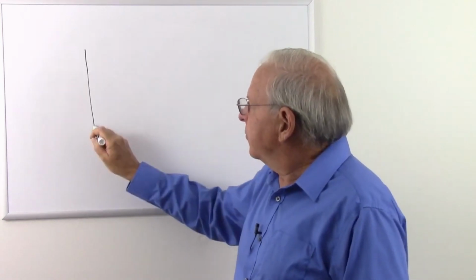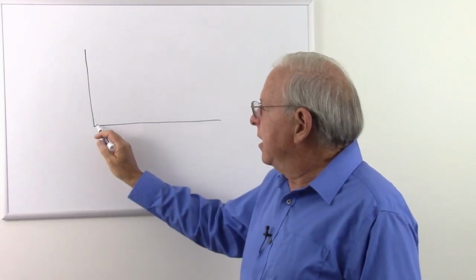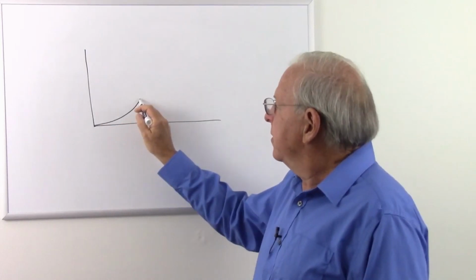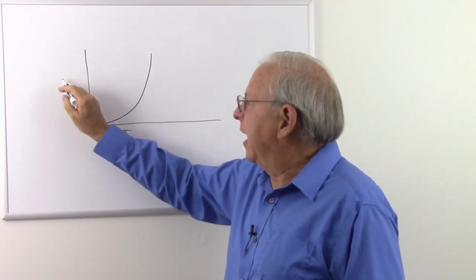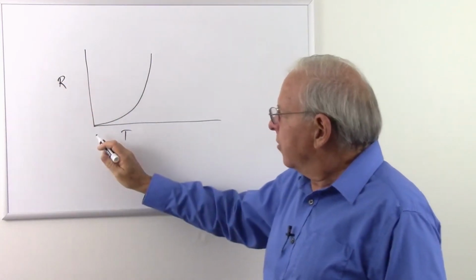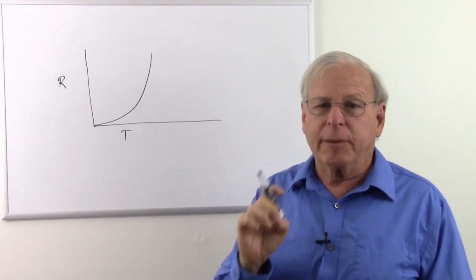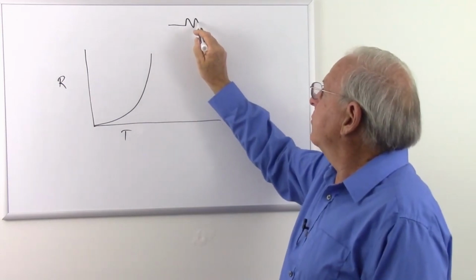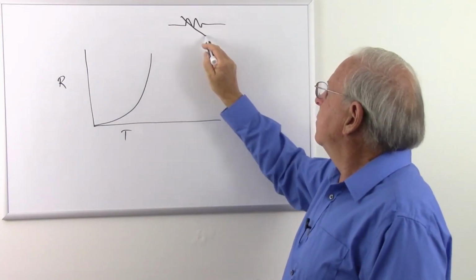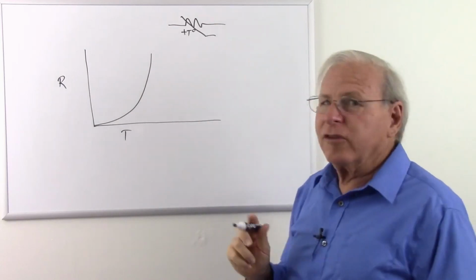There are two types of thermistors. We have those with a positive temperature coefficient, which means that as the temperature goes up, this is going to be temperature on the horizontal axis and resistance on the vertical. So as our temperature goes up, our resistance goes up. That is a positive temperature coefficient. And a thermistor with a positive temperature coefficient would have a plus T and a little degree symbol next to